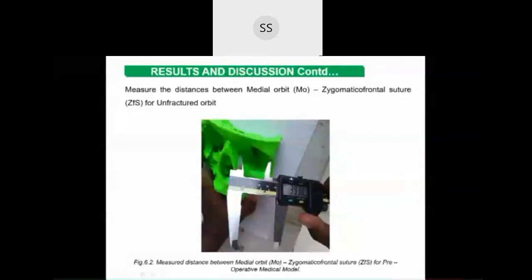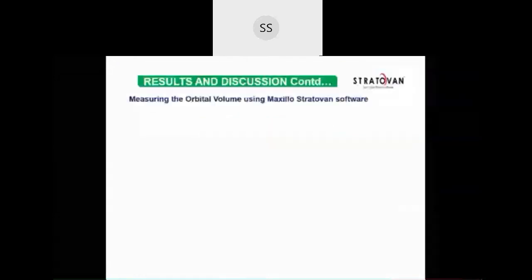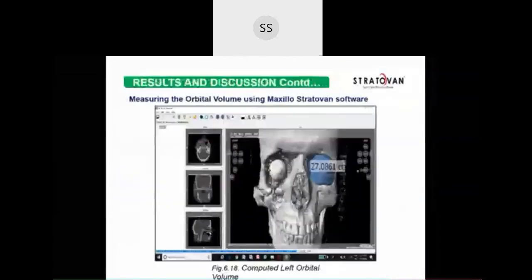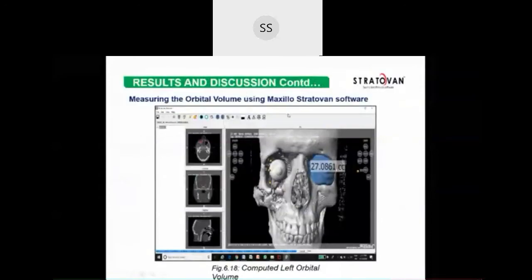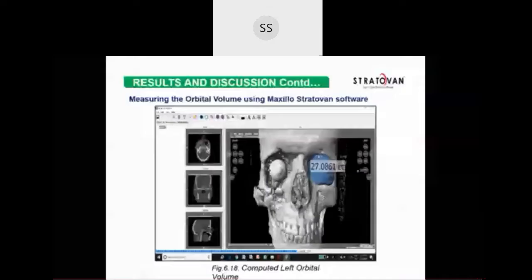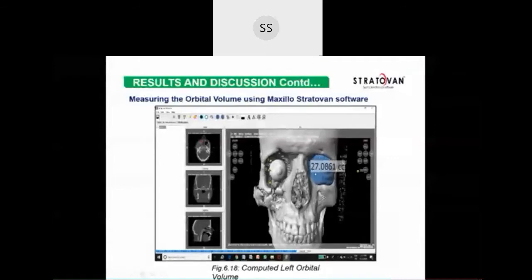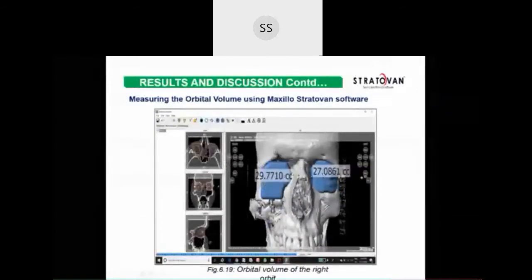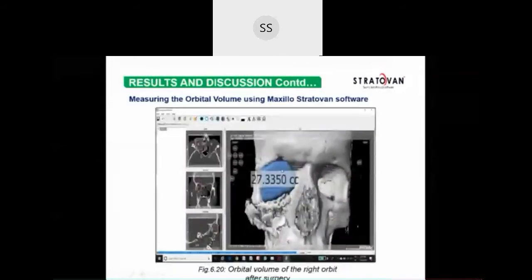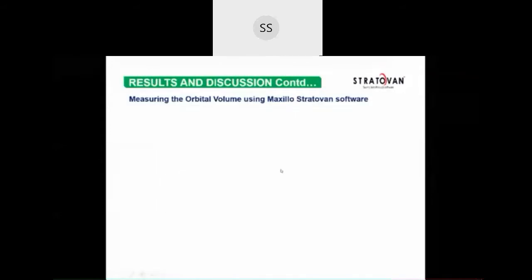So you can see how we use digital vernier calipers to measure all the distances of the points, and both the left and the right eye we measured. And we also use software, not only the 3D printed model. We measured this distance and volume on the contralateral side, and the volume on the fractured side before operation. Then the same thing I measured after operation also, on the fractured side, right? So what we got is